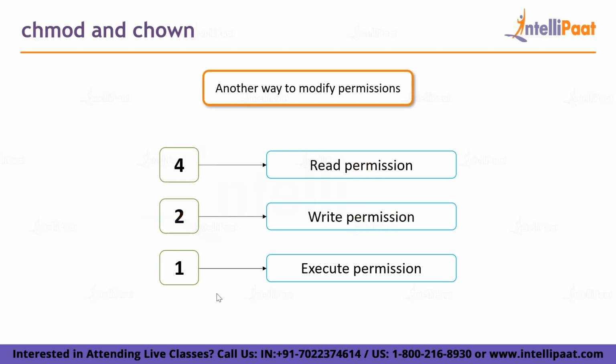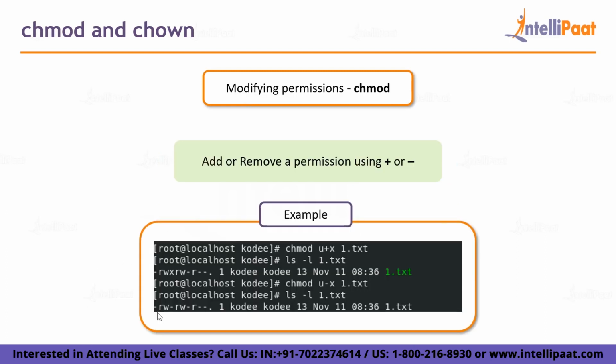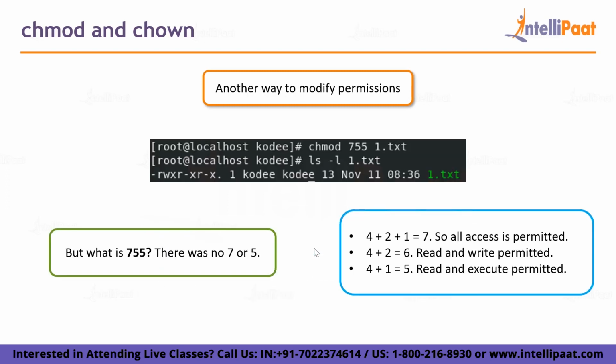Now numbers, let's say 4 is read permission, 2 is write permission and 1 is execute permission. So here you can see r, w and x. So the addition of r, w and x is 7. That is 4, 2 and 1, which is 7. So now coming down, you can see here chmod 755 1.txt. So now what this would have done is 7 in the sense it is 4 plus 2 plus 1, which is 7. That means give all access,